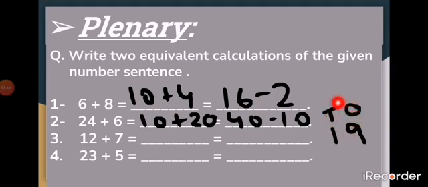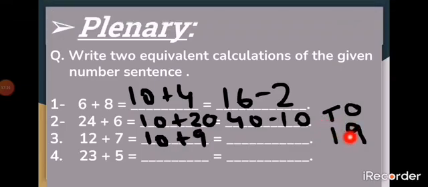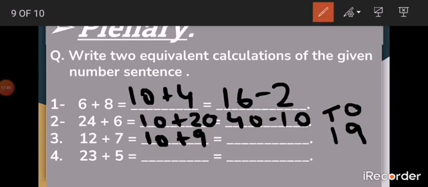The simplest calculation you can make is 10 plus 9. And there are many other options like 11 plus 8, 12 plus 7, 13 plus 6 and so on. And if you want to make the subtraction one, you will choose the bigger number. Suppose I'm choosing 22. Now count back. 22 in mind. Now count back till 19: 21, 20, 19. Stop. How many numbers have I counted? Yes, 3. So I'm writing 22 minus 3. The answer is 19.